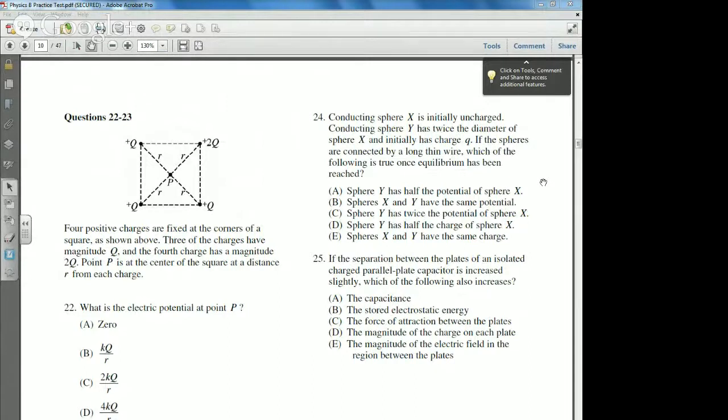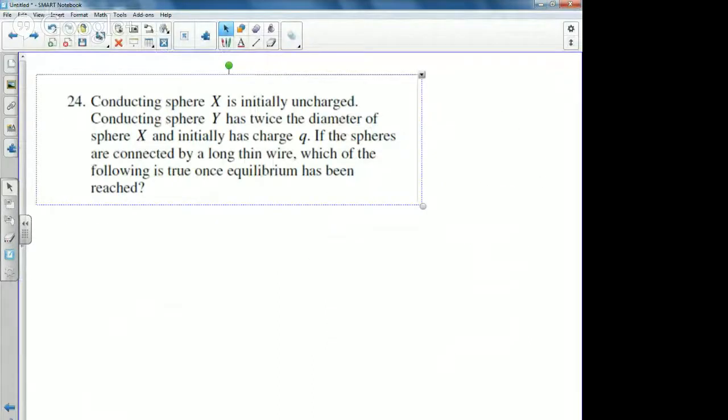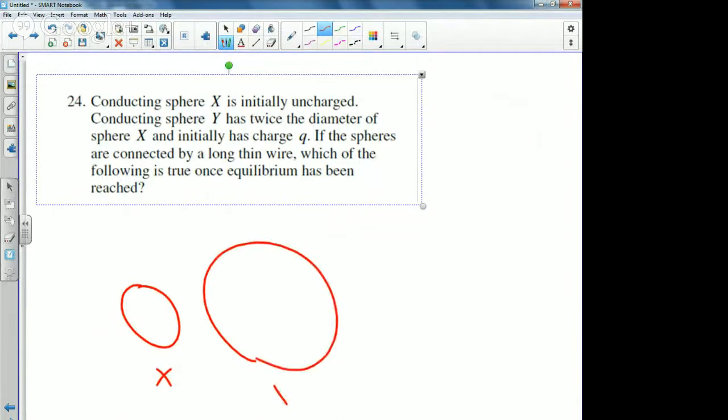Okay. Now 24, we're going into electrostatics now. We have two spheres, X and Y. Now, X is uncharged, and Y has a charge Q. And the two of them touch. So the question is,